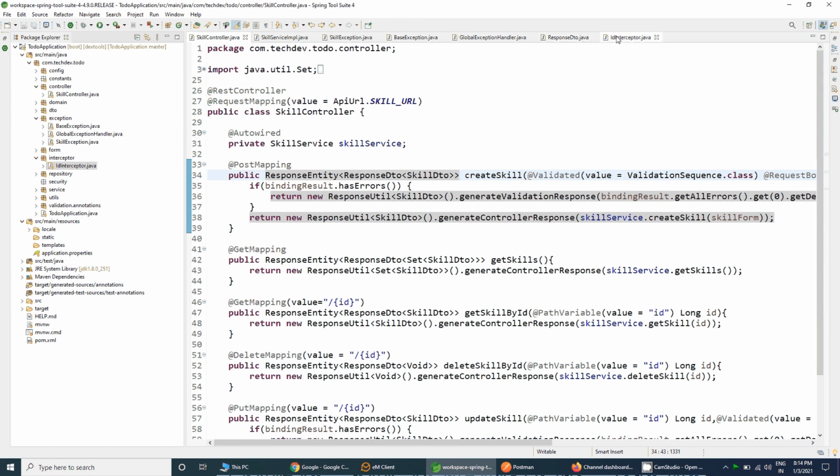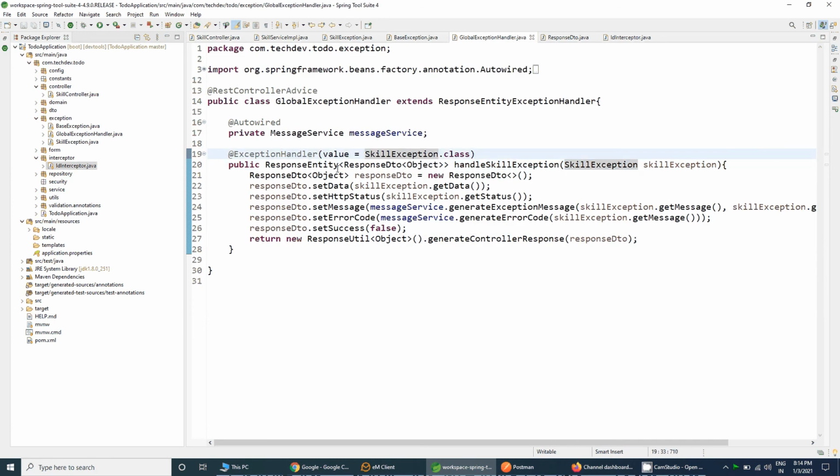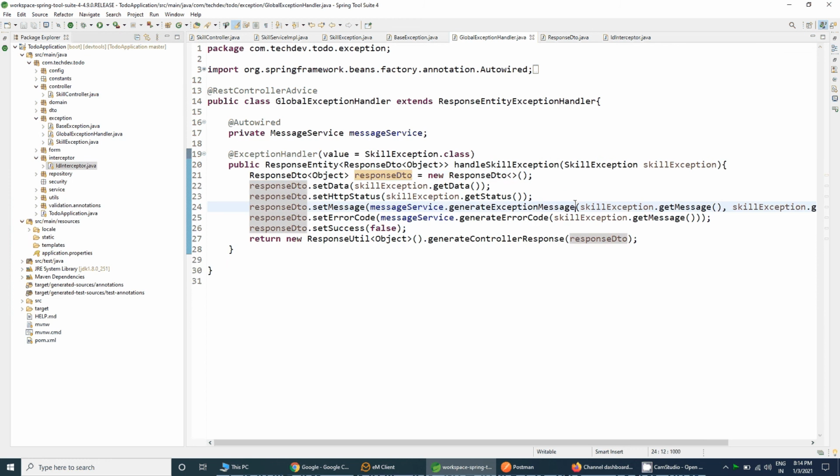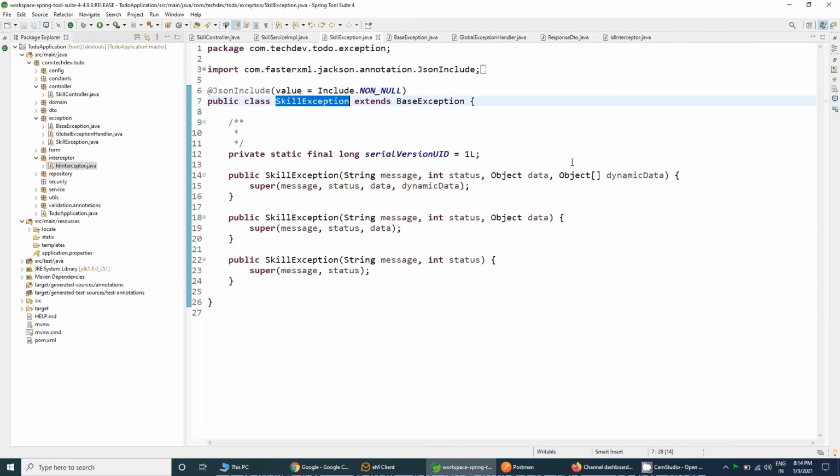which you want. So I have taken the type as an object, because we do not know what kind of object it can be, because object is optional, means we have three constructors here, that either it can contain the data part or not, or it can contain even the dynamic data also.